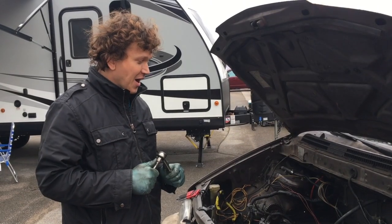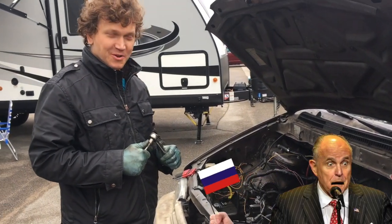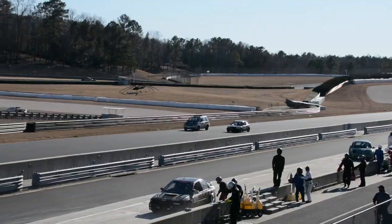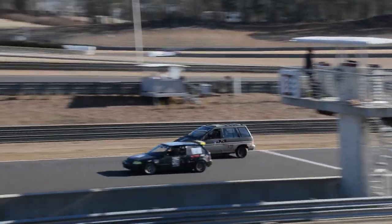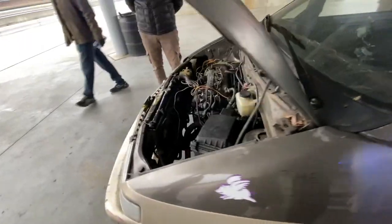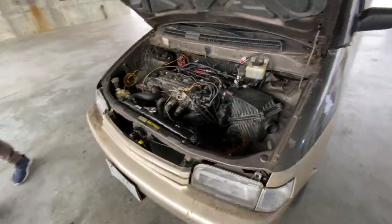Our favorite Russian, Sasha, was back with Team Sputnik and another real crappy-ass Nissan. This time it was a Nissan Access. It blew up after 1 lap. And then he sent his minions off to a junkyard and said, go buy an engine that has some compression. Yeah, which they did. They came back, they put it in the car, and it ran like...